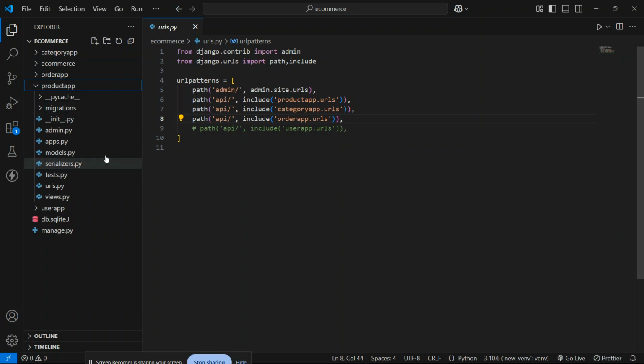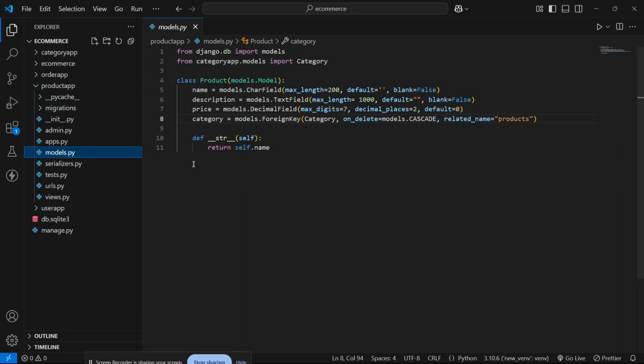Let me open my models.py first. Inside my product, I have four attributes for my database: name, description, price, and category from the category table. It is a foreign key, meaning the category ID is the primary key of the category table.